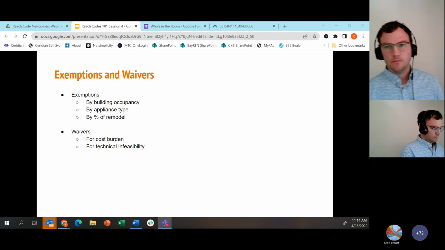So these are typically done through an onus on the applicant process, where they have to show either a really significant financial burden, potentially related to a transformer upgrade or something of that nature, where they just in that location don't have the electrical capacity for whatever reason, or more commonly, the claim of technical infeasibility that their design team has to prove.